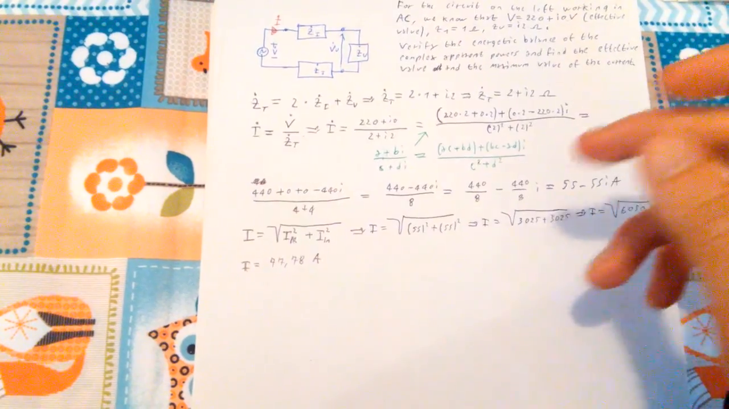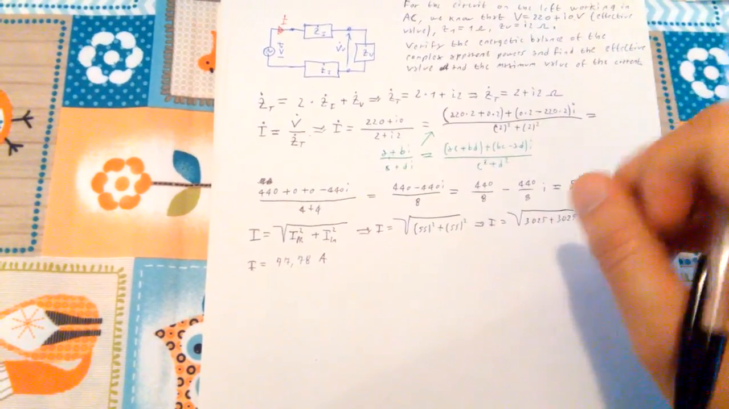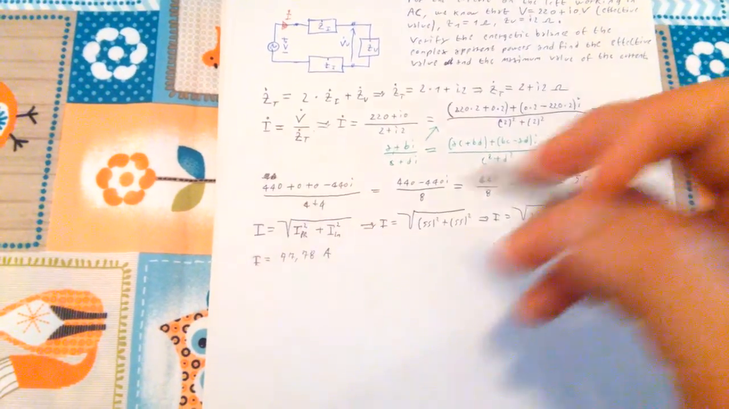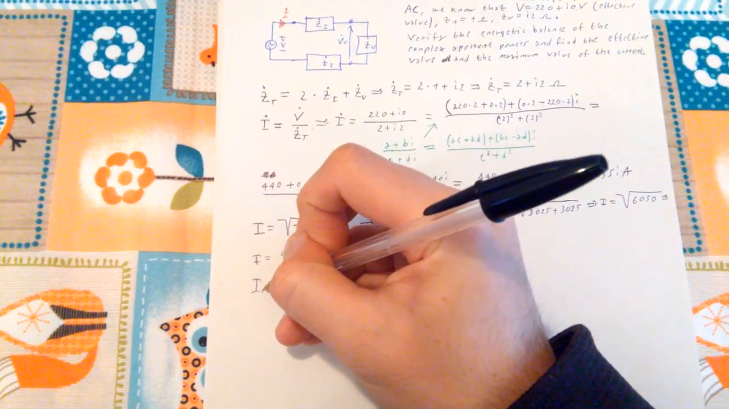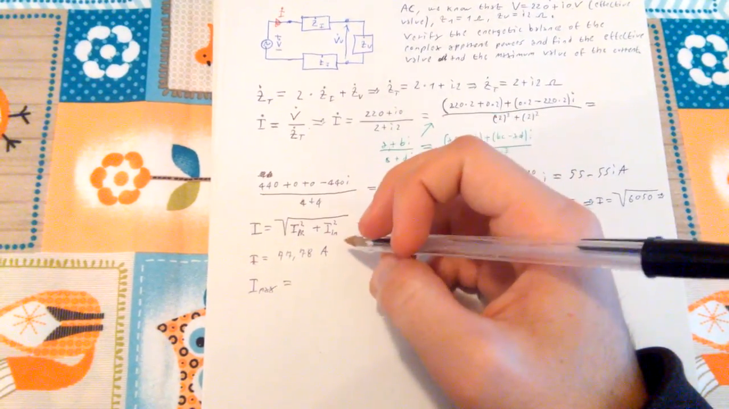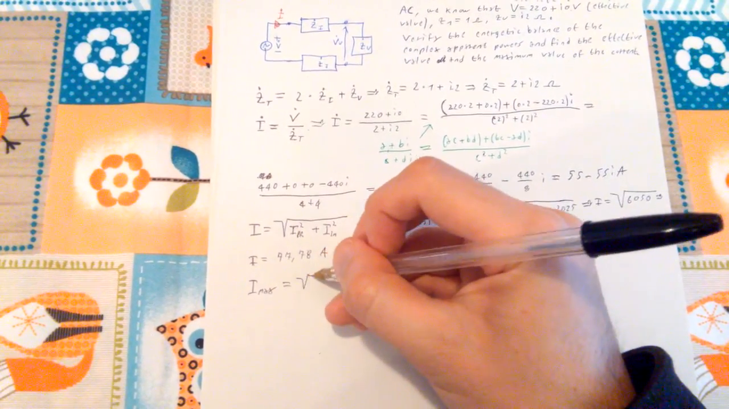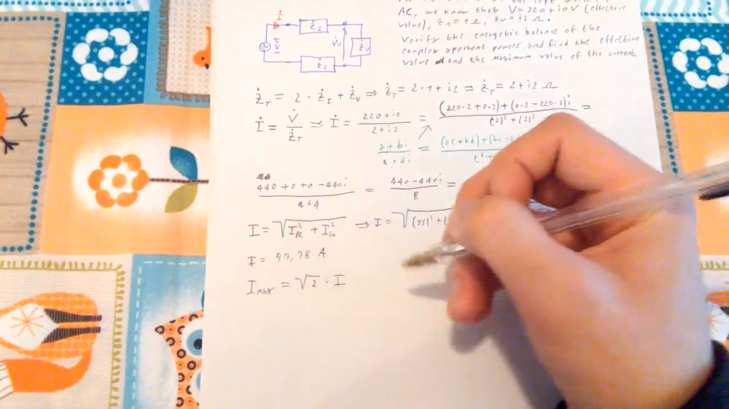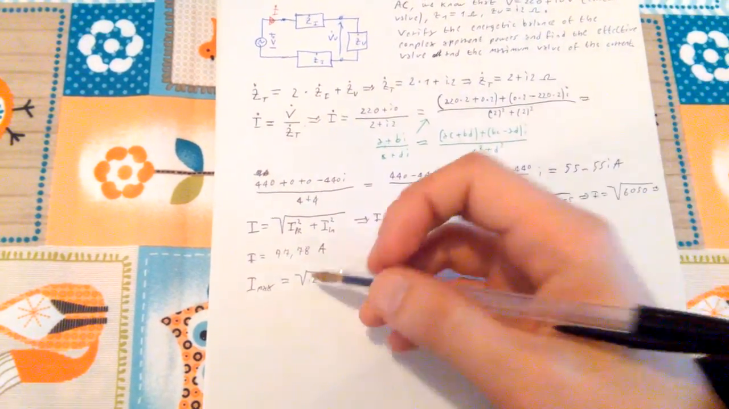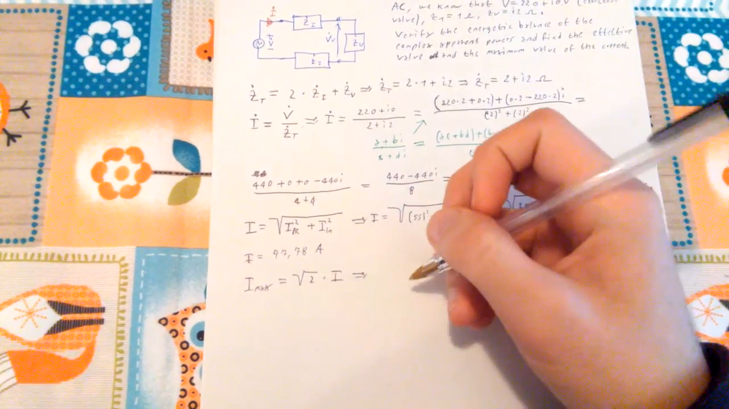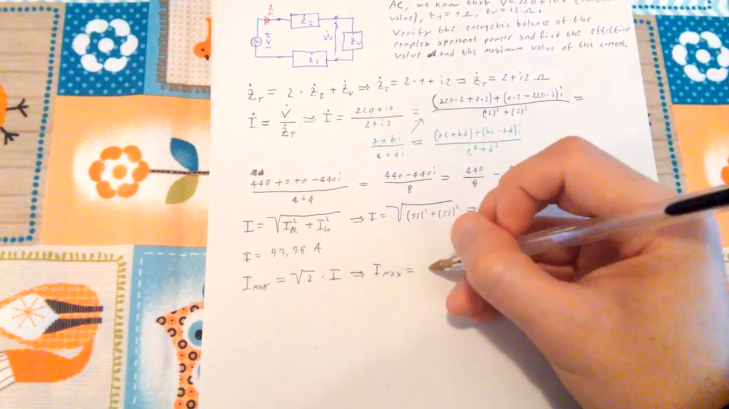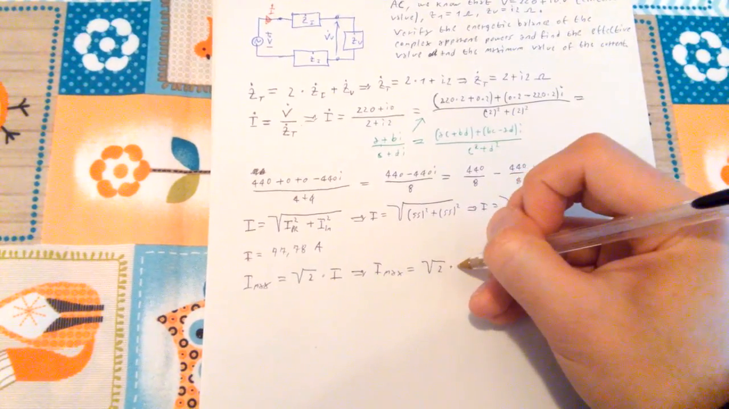because the problem is asking for it, I'm going to find the maximum value of the current. So Imax, in order to find the maximum value of the current, you just have to multiply the current by the square root of 2. So if you multiply the current by the square root of 2, you get that Imax is the square root of 2 times